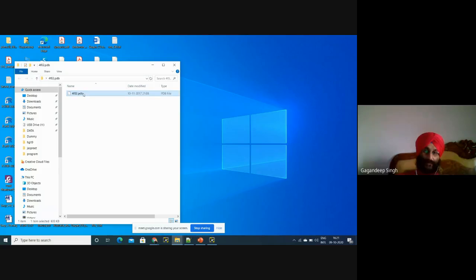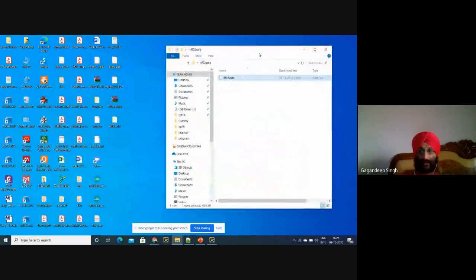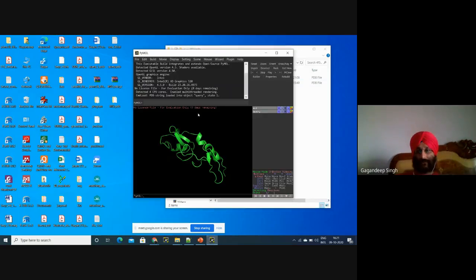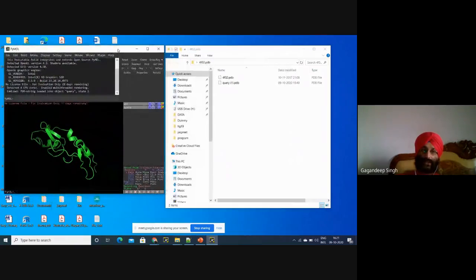Now this is the structure of our template, and this is the structure of our model protein. Okay, now what will we do? We'll open these two in PyMOL.